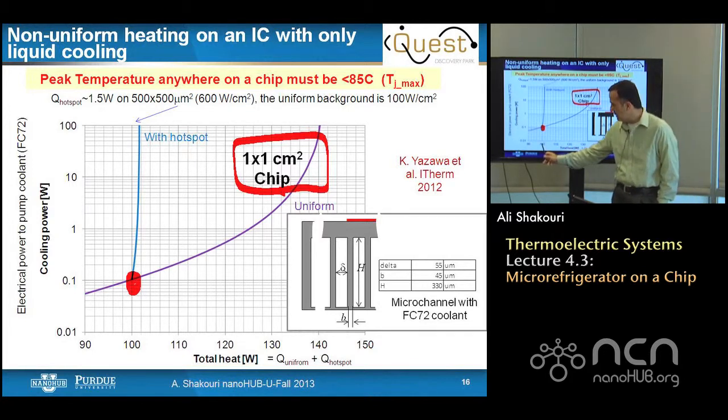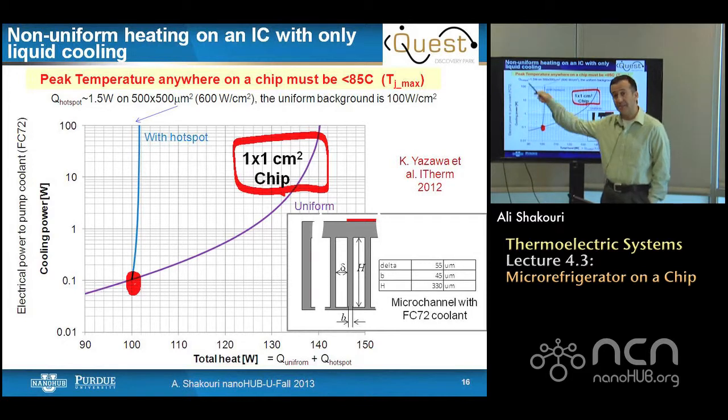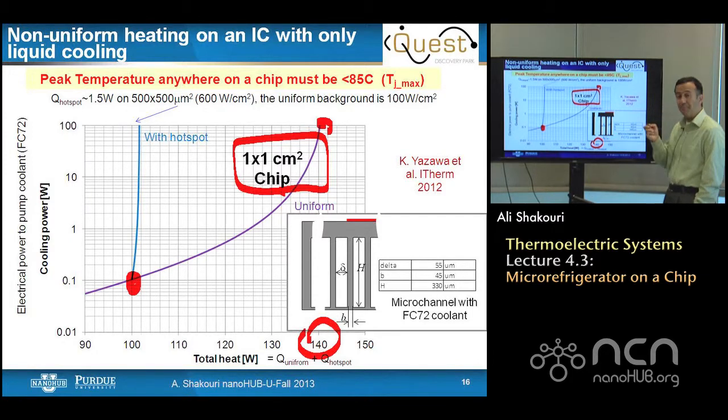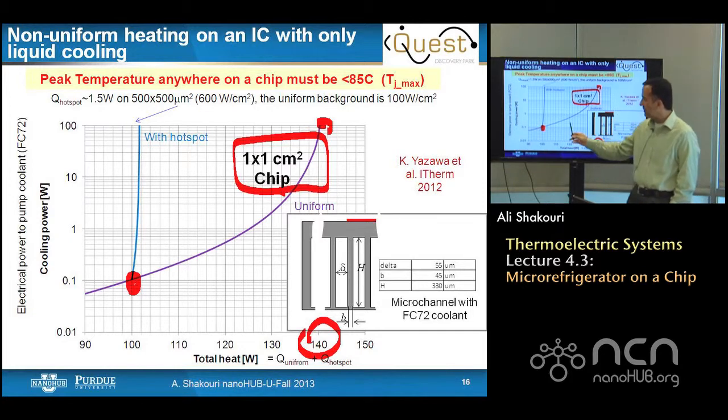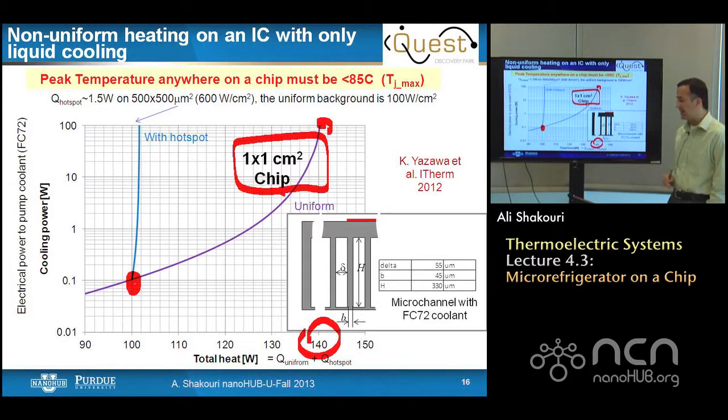Now, if we make the chip instead of 100 watt to be 120 watt, the pumping power goes up, and pumping power goes up very quickly. This is a logarithmic scale. So the chip at about 140 watt needs hundreds of watt of cooling. That's one of the limitations. Once a microchannel is designed, you can dissipate low powers, but very quickly you're saturated. But now assume